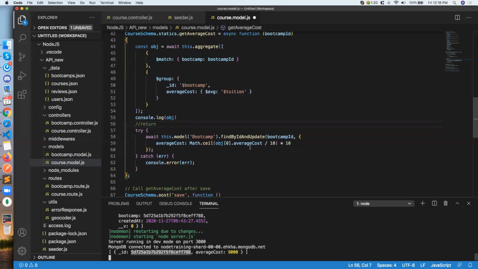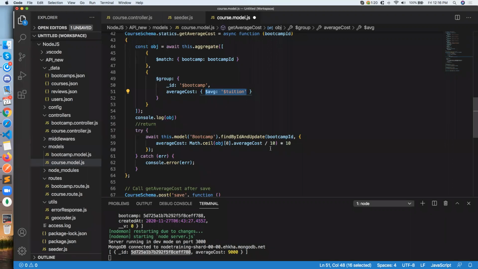So now findByIdAndUpdate, and I am passing the bootcamp ID here. This method findByIdAndUpdate will get which ID it needs to update and what information it needs to update. So what information needs to be updated? Now average cost, and I am passing the average cost which is calculated from here through query, not through programming,